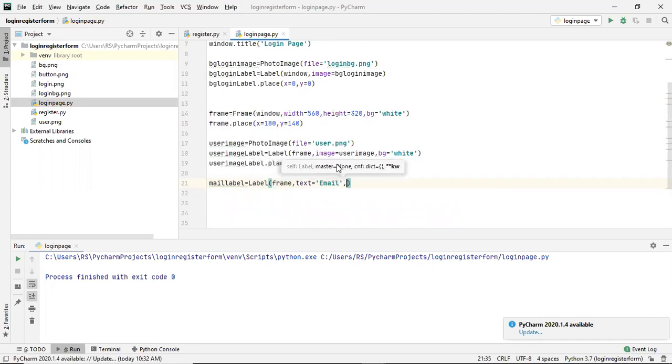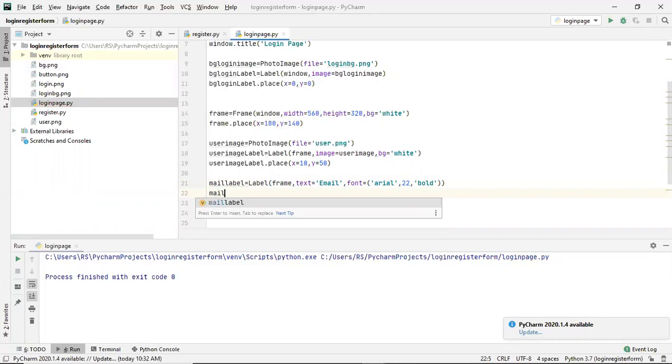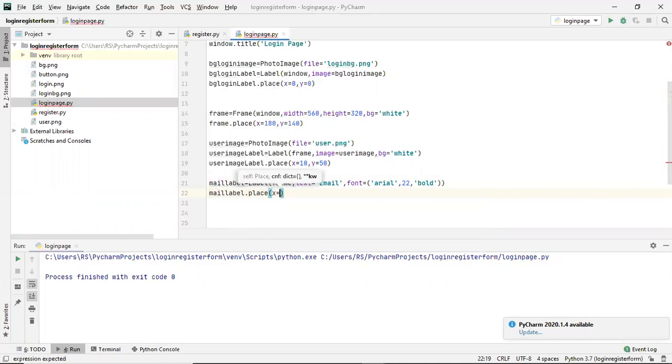Okay, next thing is the font for this text. Font I'll be using Arial. Size will be 22. Okay, then what I'll do, I'll simply make it bold. Next thing is I will simply mail label dot place. I'll simply place this label. So from x-axis at a distance of 220 and from y at a distance of 70. If I run now,